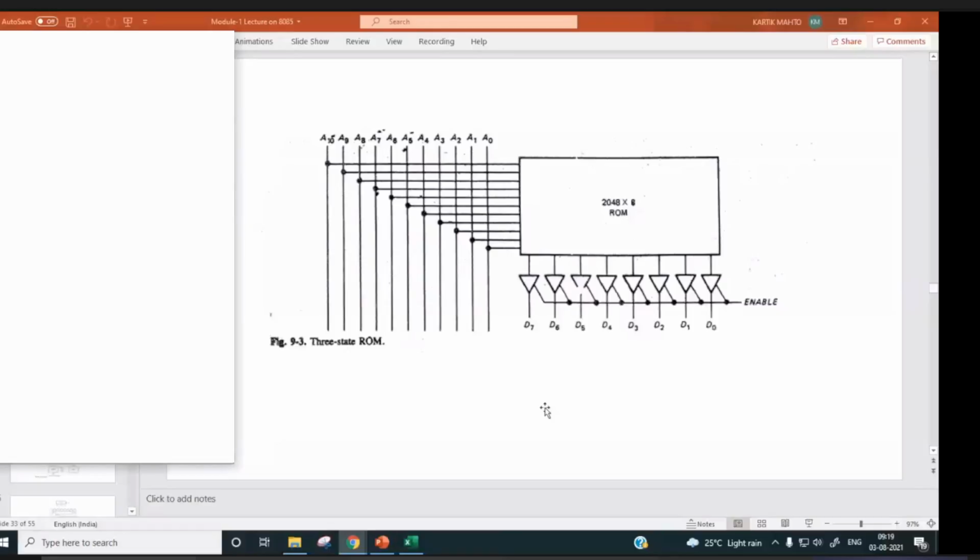So here you can see we have a 2048 control ROM, right? So it means here we have 2048 different locations.